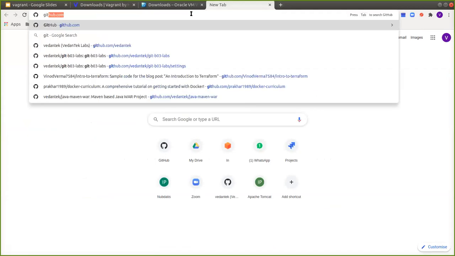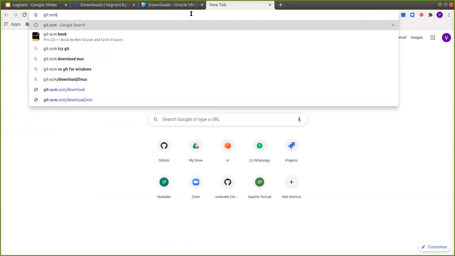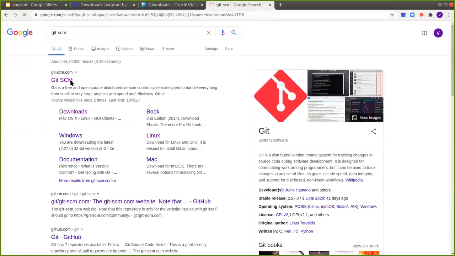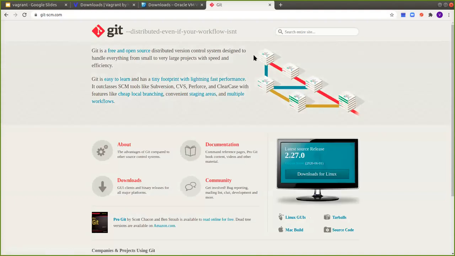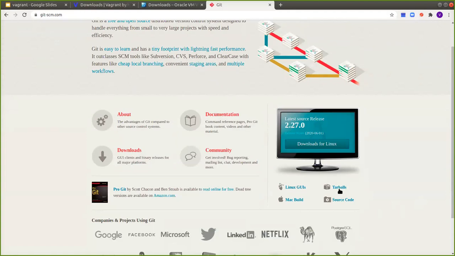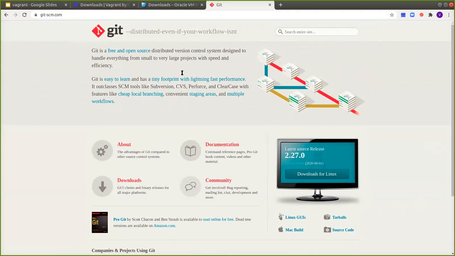If you are a Windows user, I will ask you to install Git Bash. The Git Bash tool will help you with the terminal. This is Git SCM for Windows users only, those who have a Windows laptop.